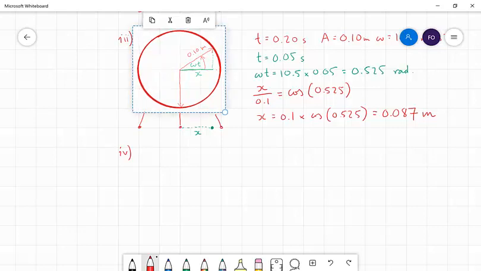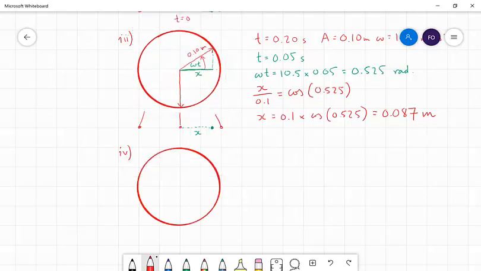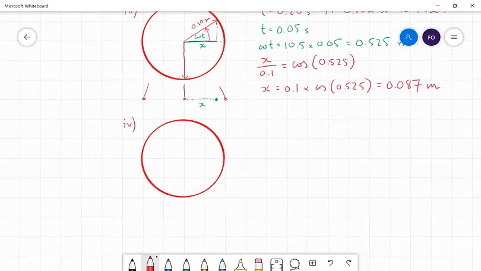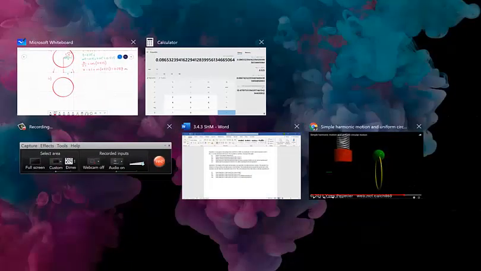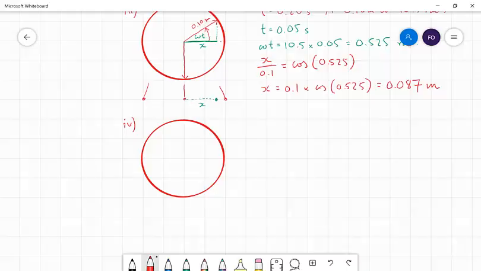So let's copy this and let's pop it here. Alright, so now what we're interested in is 0.05 meters to the left of equilibrium. So again, it's starting here, and it's going to go 0.1 meters to the right of equilibrium, and then it's going to come back to 0, and then it's going to be halfway in between, so it's going to be like here somewhere,